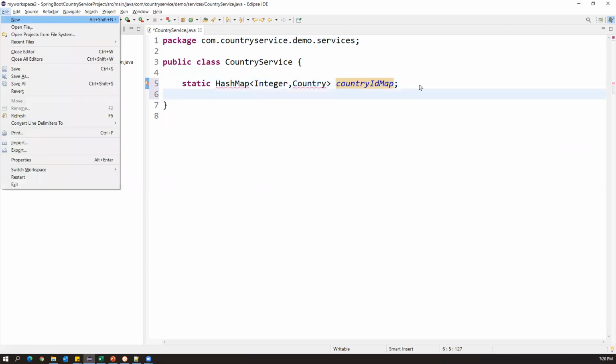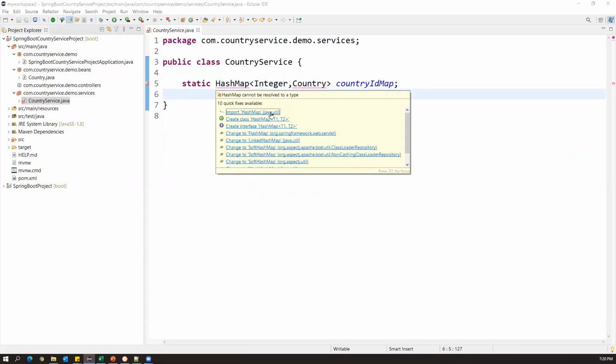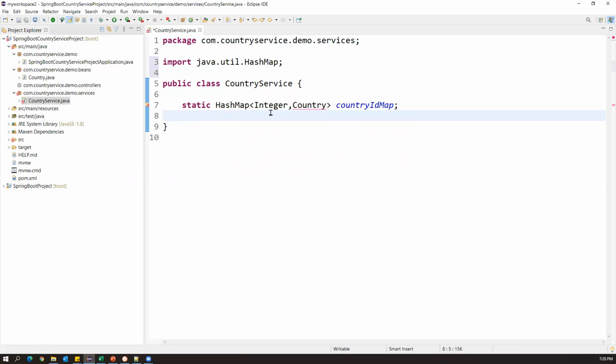So what does this exactly mean? Let us import this hash map. In Java hash map, we can store data in the form of key and value pairs, right? So when I define the hash map variable, what kind of data do I need to have? In the hash map, I will have country ID, country name, and the capital. Altogether, three attributes make one object. So I define Integer and Country. What does it mean? This integer is a key. Like say in the hash map, we will have 1, 2, 3, 4, so we will maintain the keys like this.